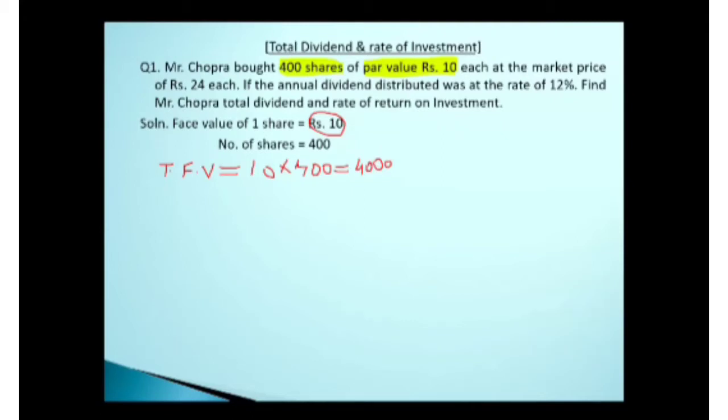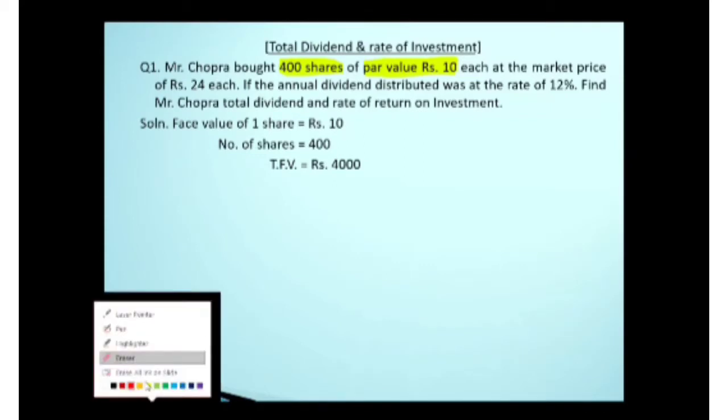All right. So we just take out all this and then we'll see what is to be done. So I got the total face value. Just now I showed you what that is: 4,000 rupees. The total face value will be required to calculate the total dividend. That is the reason why I calculated the total face value. After this, we will see what other data is being given here. The other data is now, I need the highlighter. All right, I take the highlighter.